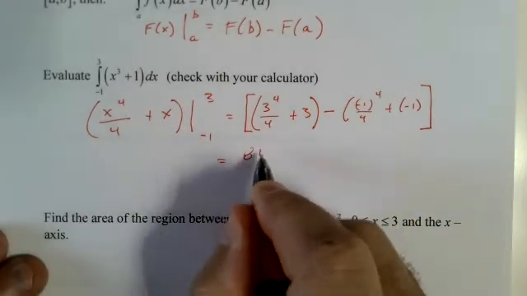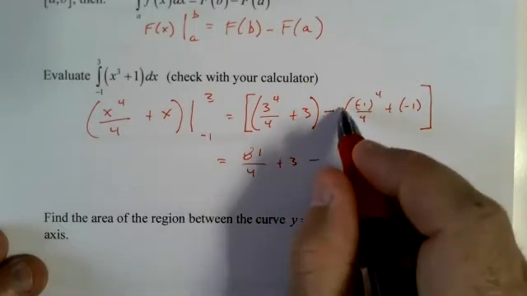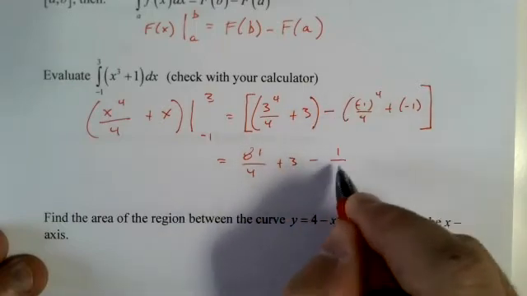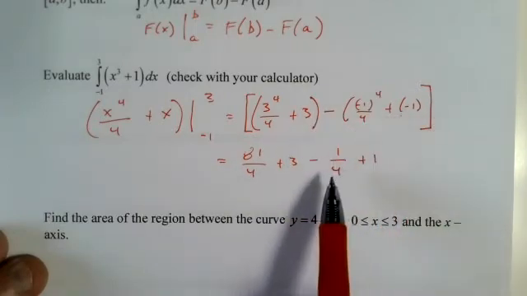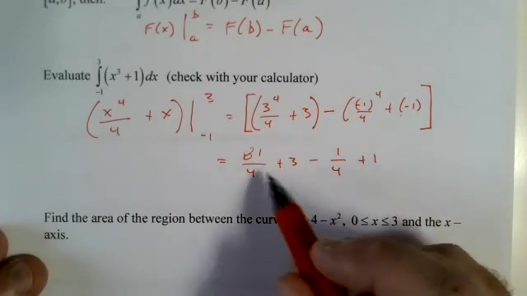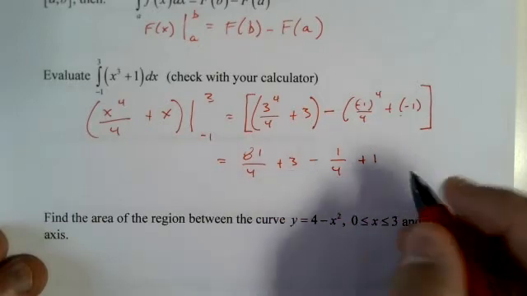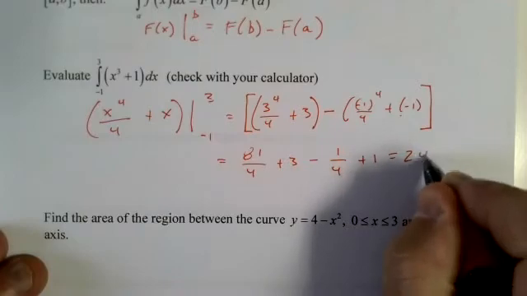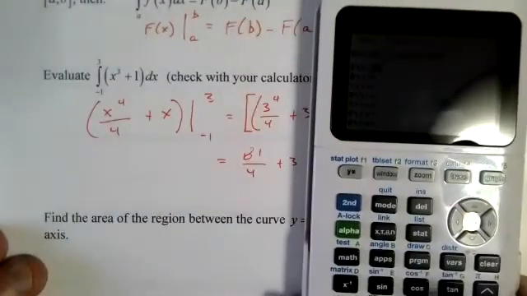Watch this. This is going to get a little weird. Minus, distributing this, minus 1/4 plus 1 minus 1. Well, 81/4 minus 1/4 is 80/4, which I believe is 20, plus 3 plus 1 is 24. Got to be able to do that by hand. But hey, while we're here,